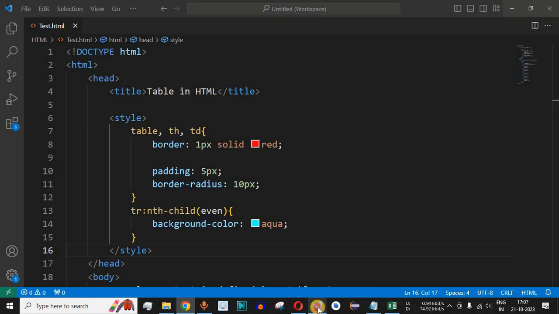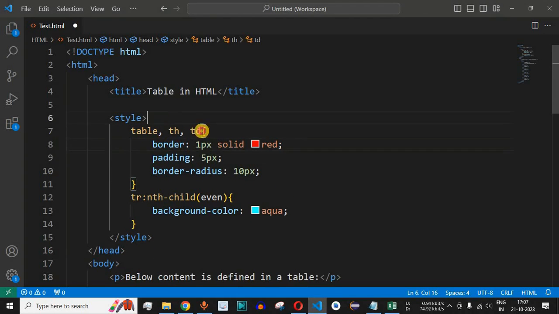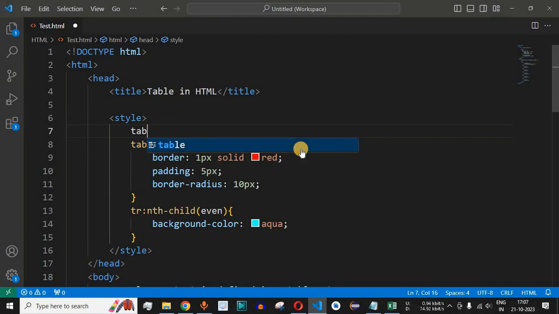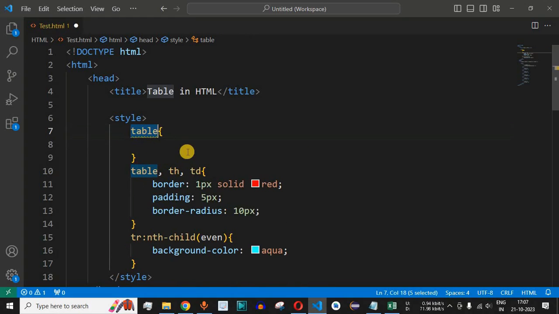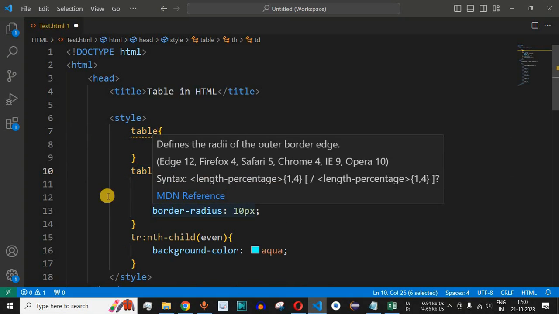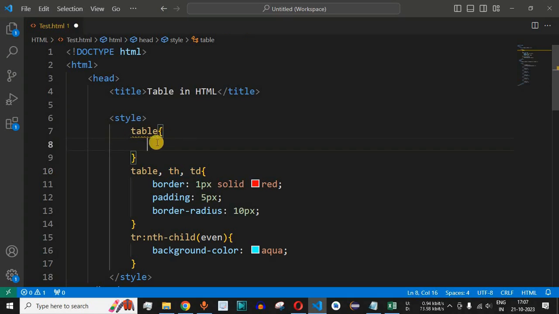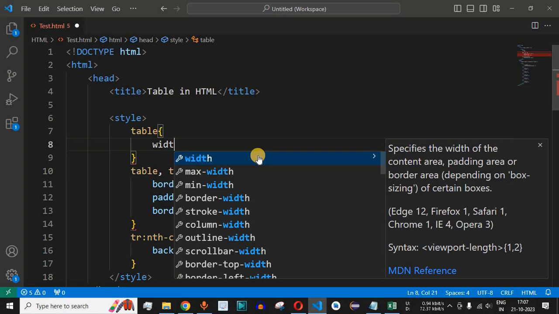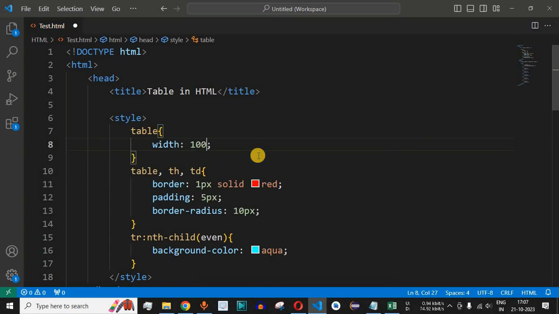So what we can do is simply for the table tag we need to define the width attribute. So guys, over here we need to define the table once again, because this particular CSS will only apply to the table tag and no other tag. So basically th and td tags will not have this particular width for now, and that is why we are having another table tag over here inside the internal CSS code. So guys, over here we simply have the width attribute, and then we will say 100%. So this will make the table width extend to the device screen width.